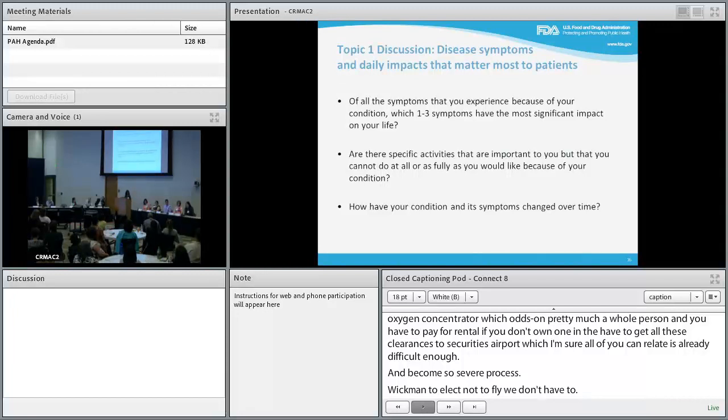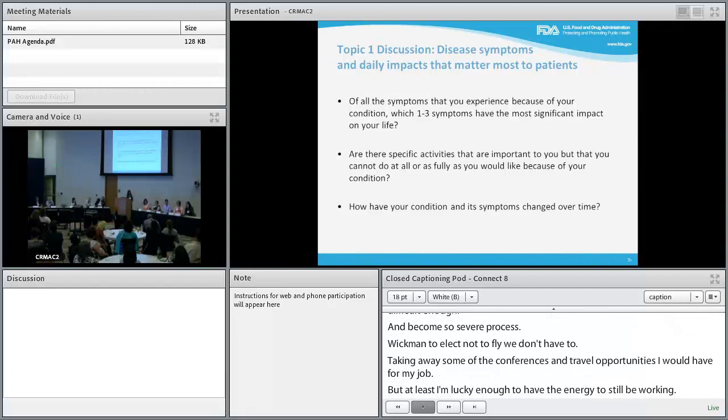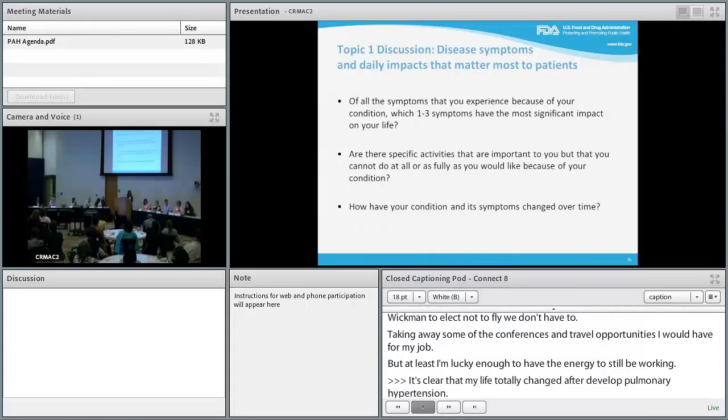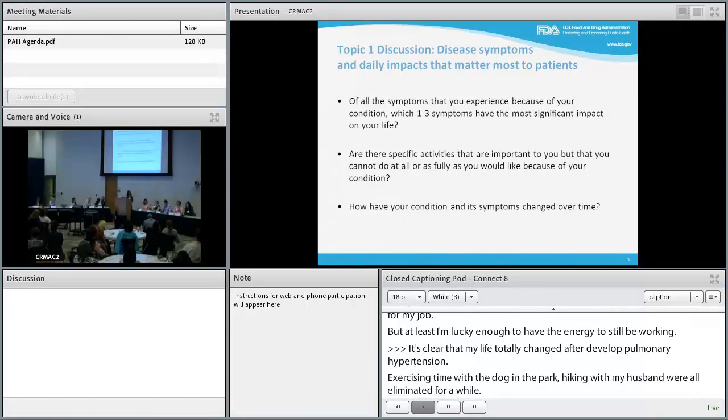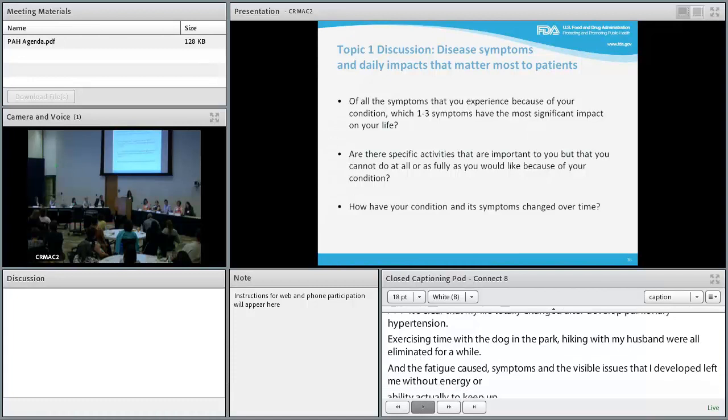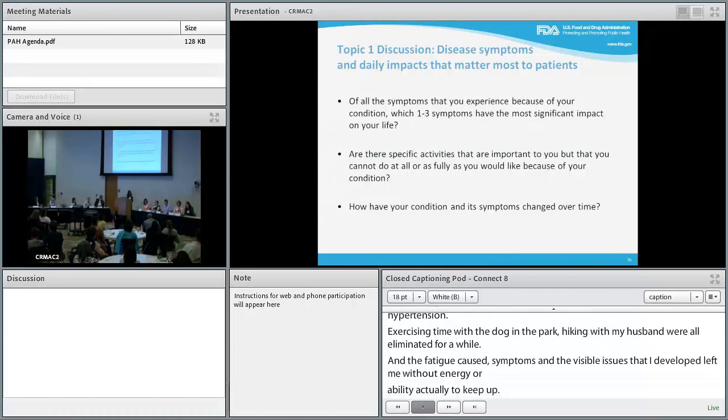Exercising, playing with our dog in the park, hiking with my husband were all eliminated for a while. And the fatigue caused by my symptoms and the physical issues that I developed left me without energy or ability, actually, to keep up. Today, however, I'm a little over 2 years from my diagnosis, and I've gotten the right medical cocktail down